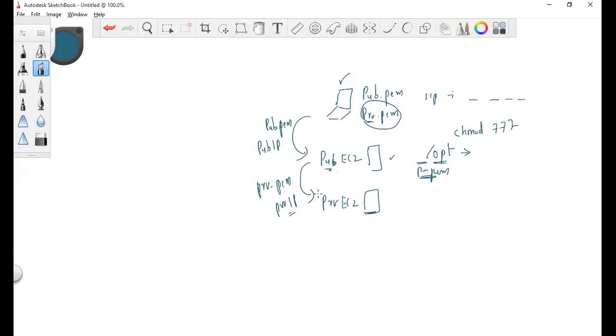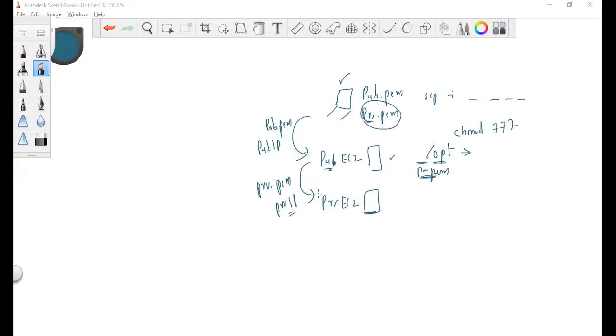Okay, now if I can show you in this thing. So what I have done, I have connected. I went to sudo to give the permissions. Ikkada, okay, so I have connected to my instance. I go to super user access and I have given the permissions to the OPT folder, and then I went back to the local PC and I copied the private PEM file into the OPT folder. Once I copied to the OPT folder, I went back and logged in to the public instance again.